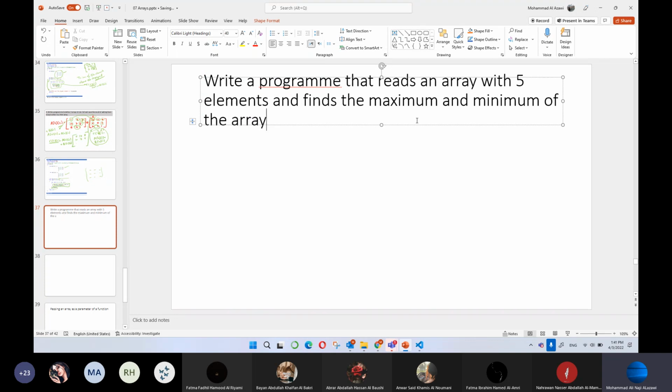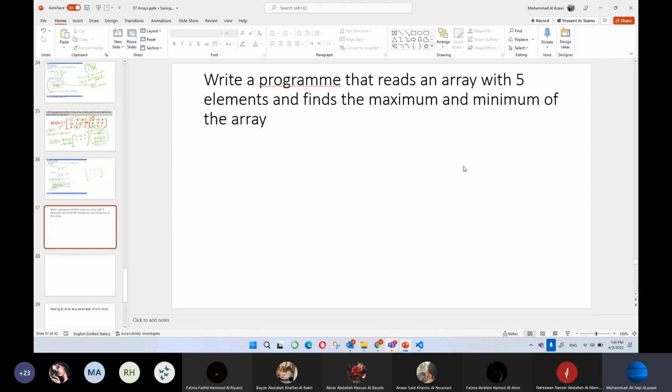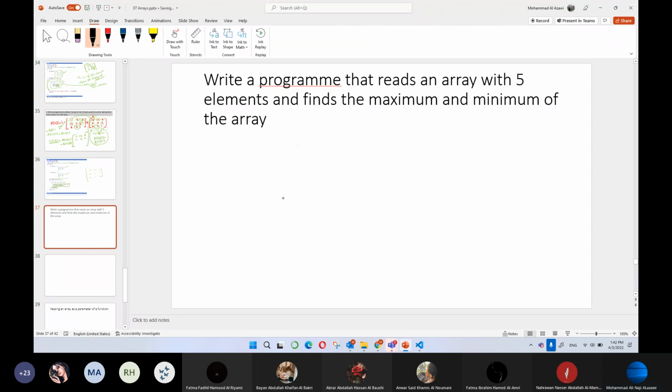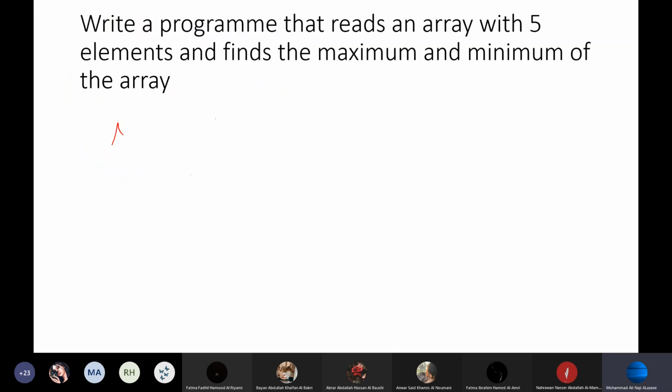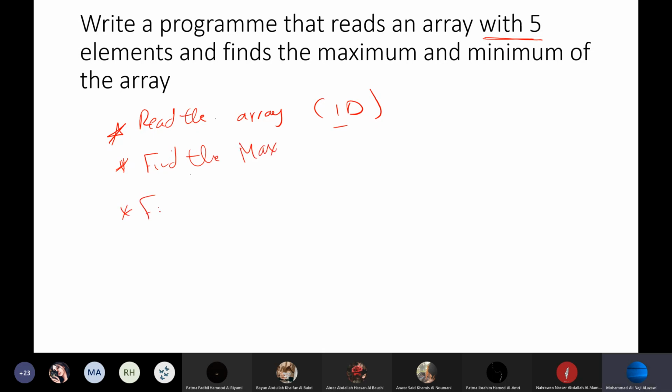All right, so let's think about this. Here, by the way, you need to use the same loop multiple times. What I'll do here, first I will read the array. Okay, so let's think about it like this. Read the array. And by the way, it's one-dimensional. Why one-dimensional? Because the number of elements here is 5. All right. Then find the maximum. And then find